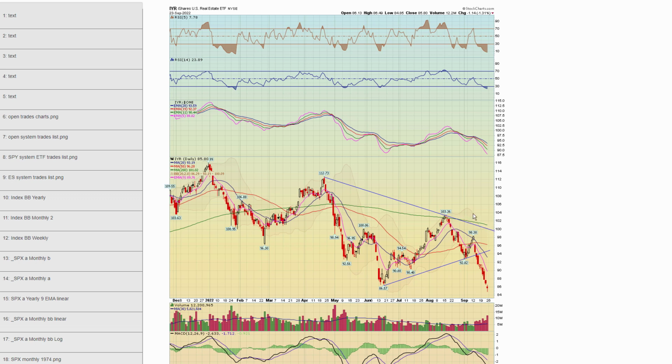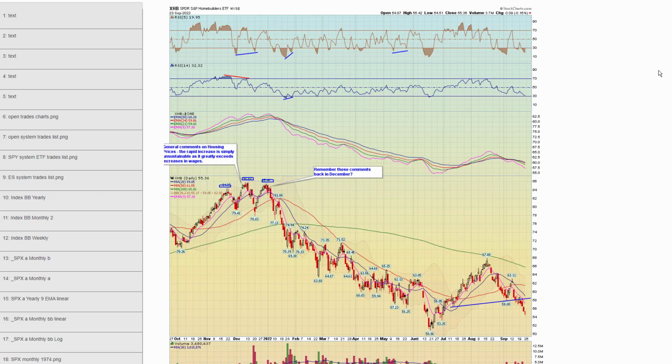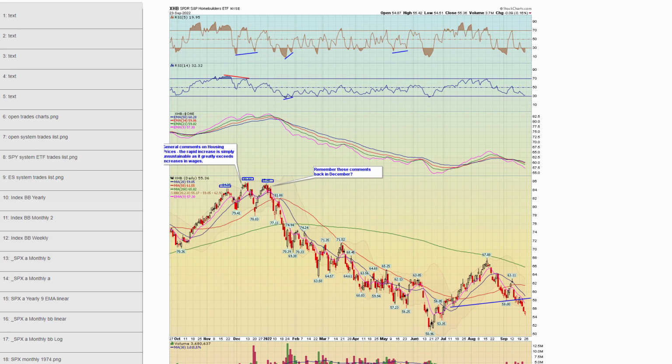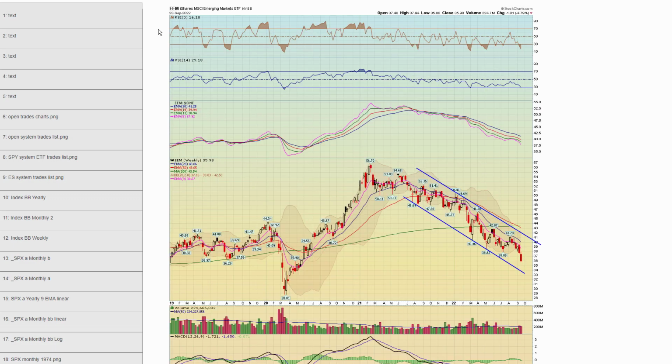Again, you know what's going on in real estate because of the rise in interest rates. 30-year mortgages that are now near 7%. You can see this triangle played out strongly to the downside. Next, chart 61, home builders, same deal. Home builders topped back here in December with a head and shoulder. Broke a support here recently. Next, chart 62, EEM, emerging markets. With that very strong US dollar, this area is obviously getting punished horribly. And let's go ahead and move on to the US dollar.